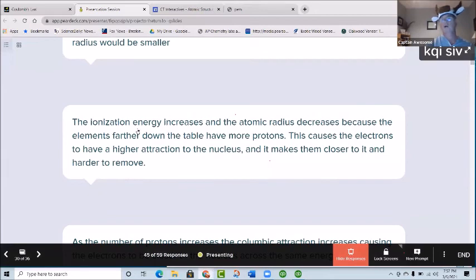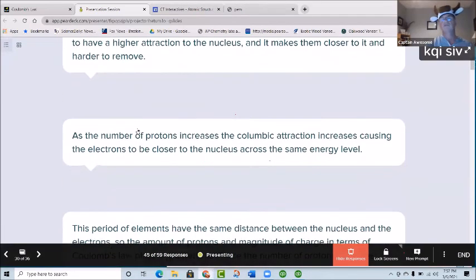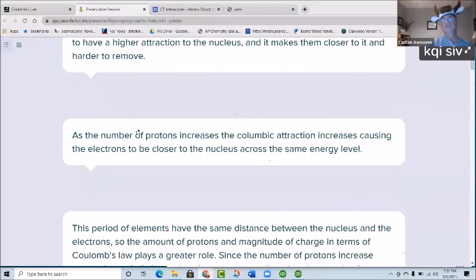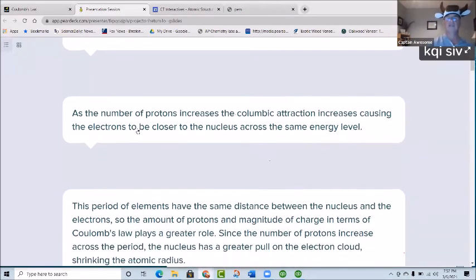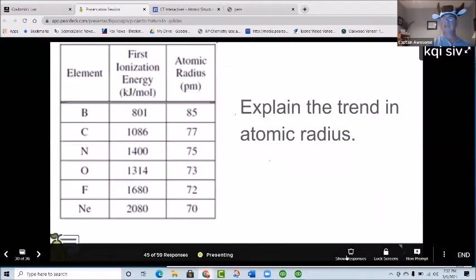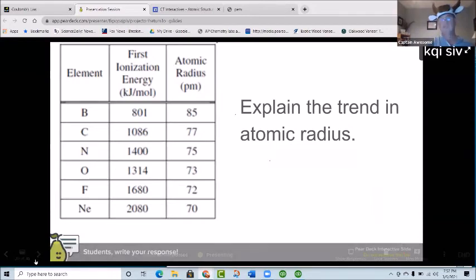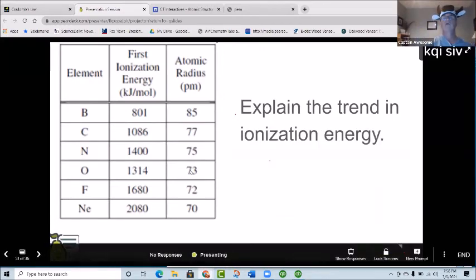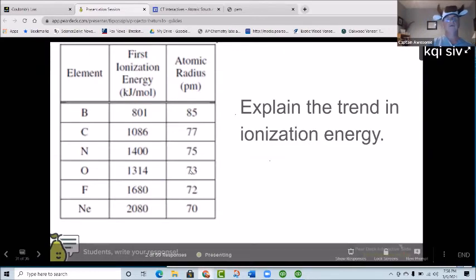Okay, and again, all I've asked you to do is just atomic radius. So those of you who are hitting both parts, concentrate on the question that's there. So some pretty good answers, all in all. Obviously you were right. As you go across the periodic table in this data table, you're adding more and more protons. The more and more protons causes there to be a greater pull, a force of attraction, on the electrons. That's why it gets smaller. Now, go ahead and take a stab at explaining the trend in ionization energy.